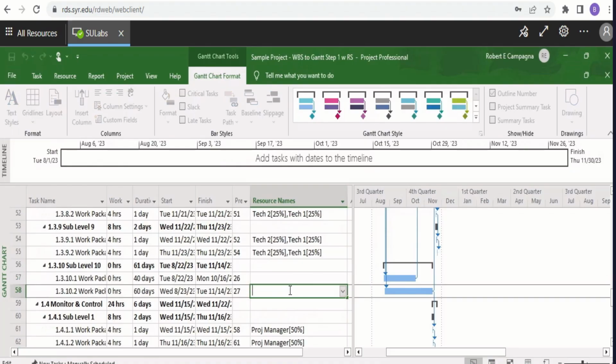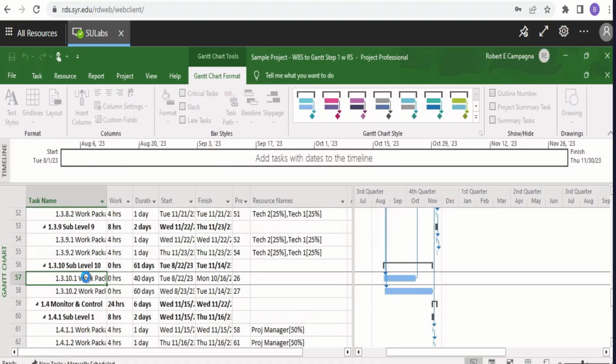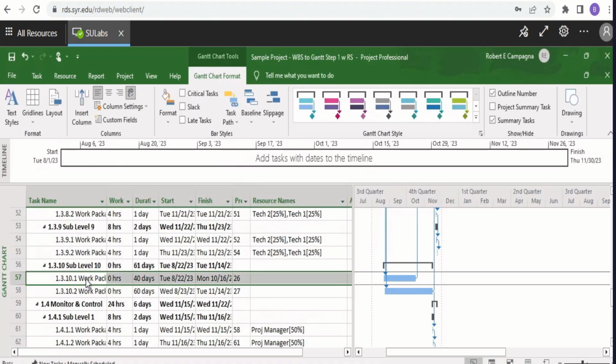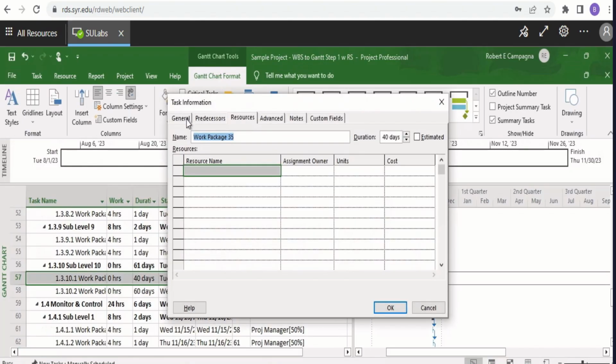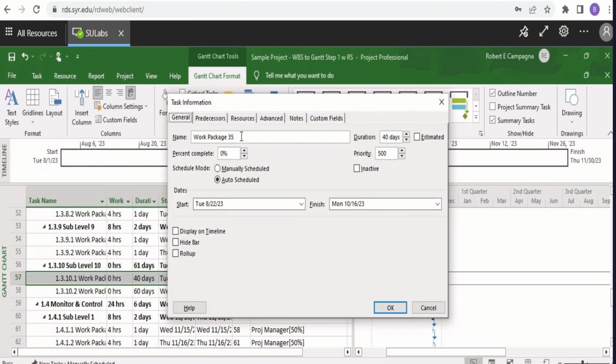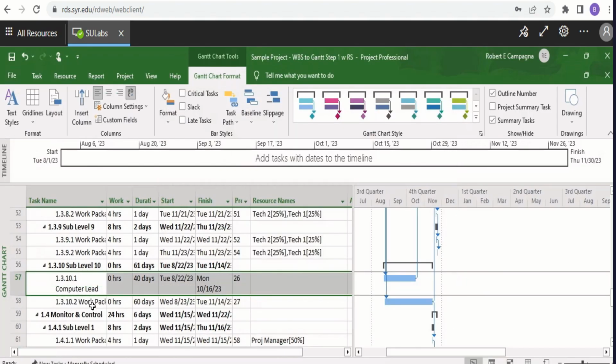And to compensate for that here, we would put some indication that this is the computer lead time for that item, and